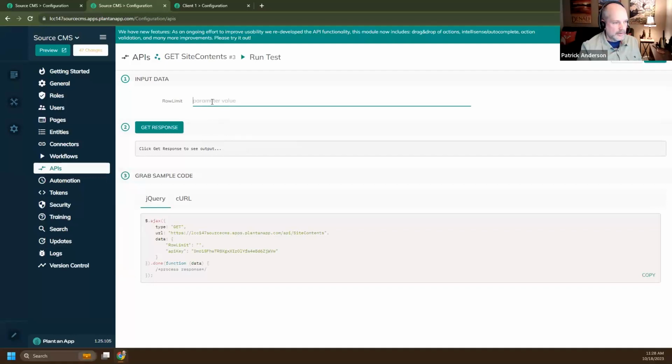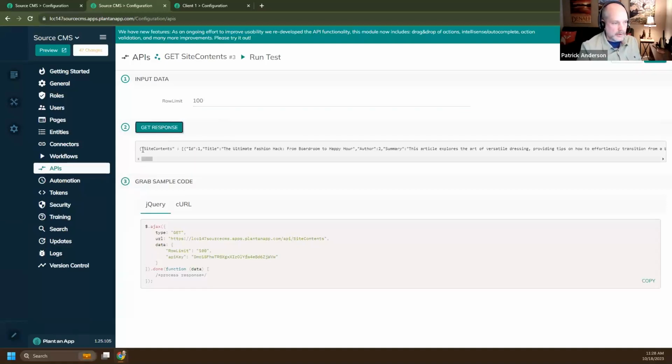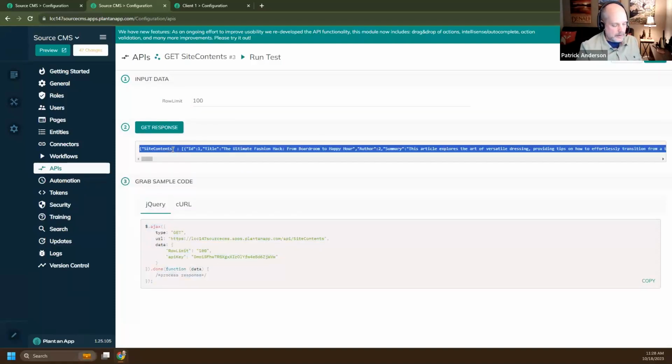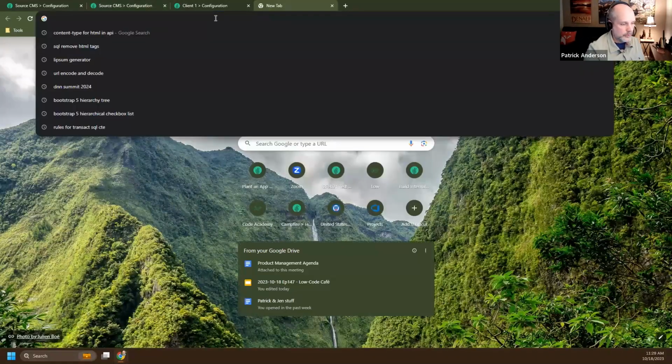And I actually wanted to set this to not required, but I didn't set that, so we can go back and make that change. But for now, I'm just going to fill it in and click Get Response. And I'll do a copy of that here. And let's go to